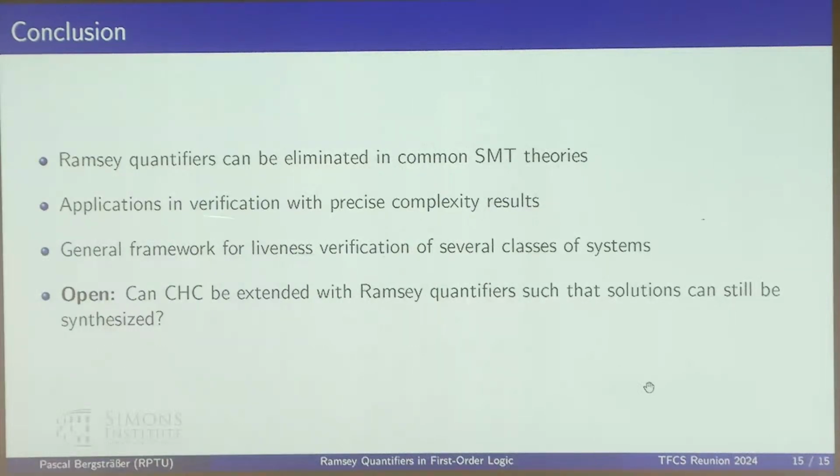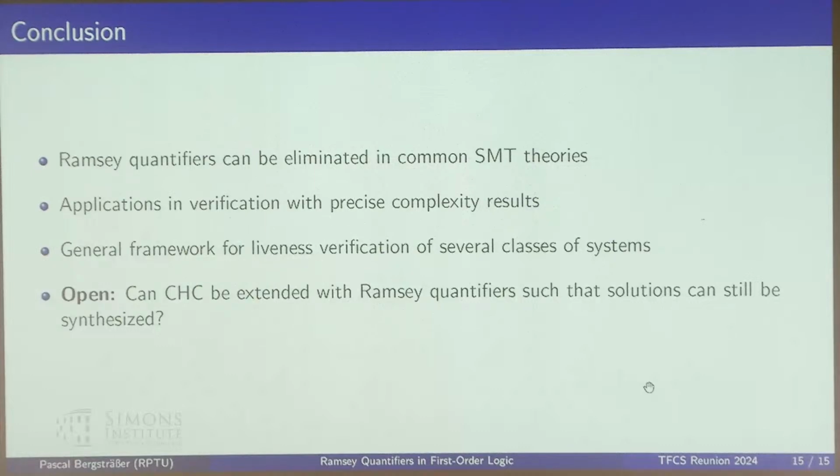notably, I would say we get a general framework to do liveness if we are guaranteed to get the reachability relation or an approximation thereof as an input. We do not show you how to get this reachability relation. We only show you that if you give us this reachability relation or an approximation, we can check safety and liveness properties for you. And what I mentioned at the beginning, which is actually an open problem, is can we extend